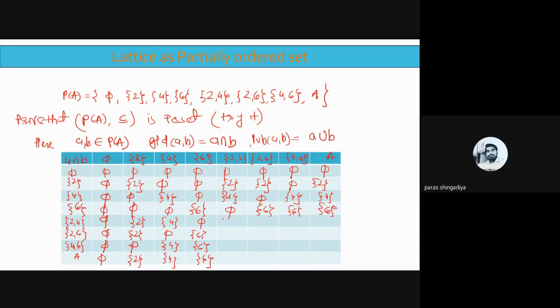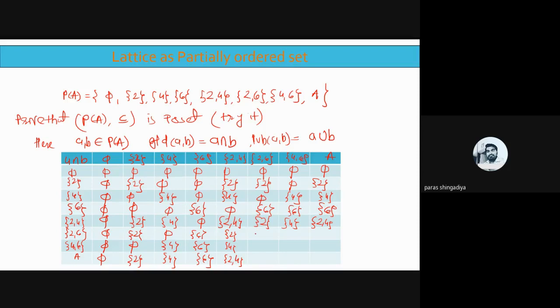Clear? And 2 4 with 2 4 का intersection होगा 2 4 क्योंकि दोनों में 2 4 common है. ठीक है. 2 4 and 2 6 का intersection क्या होगा? 2 is the common there. Okay. So answer is a 2 here. And 2 4 with 4 6, so 4 is the common, so answer is a 4. And 2 4 intersection A, तो A में भी 2 4 वैल्यू डिफाइन है, ठीक है, so answer is a 2 4. And write down it here, it is a 2, it is a 4, and here it is a 2 4.